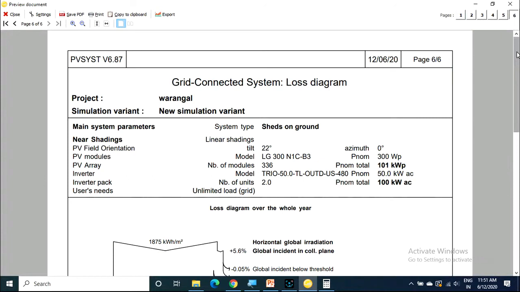So if it is clear, then I will go for today's session. I hope it is clear. So if it is clear, then I will go for the design of solar pump. That is actually today's session.